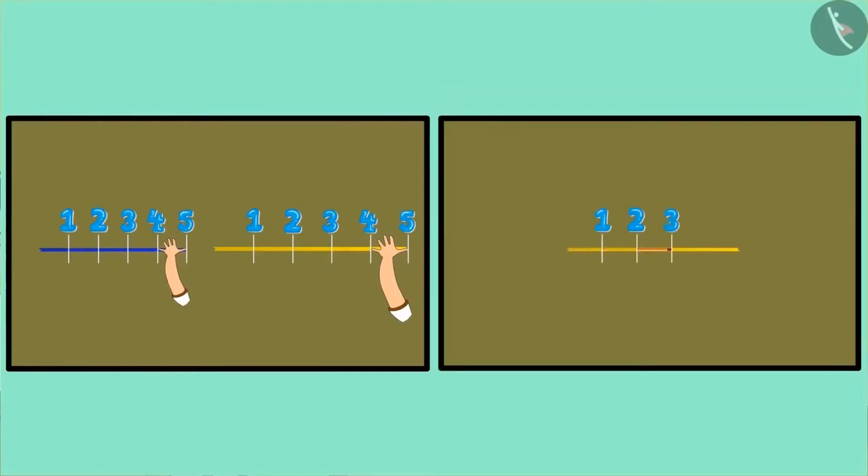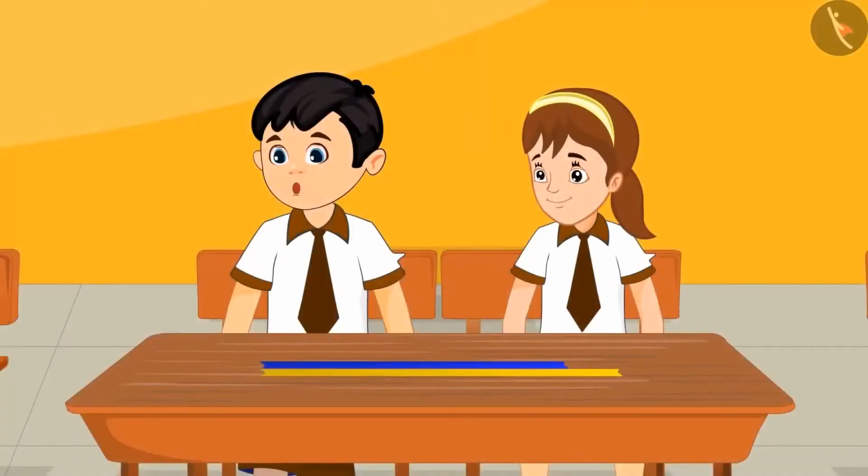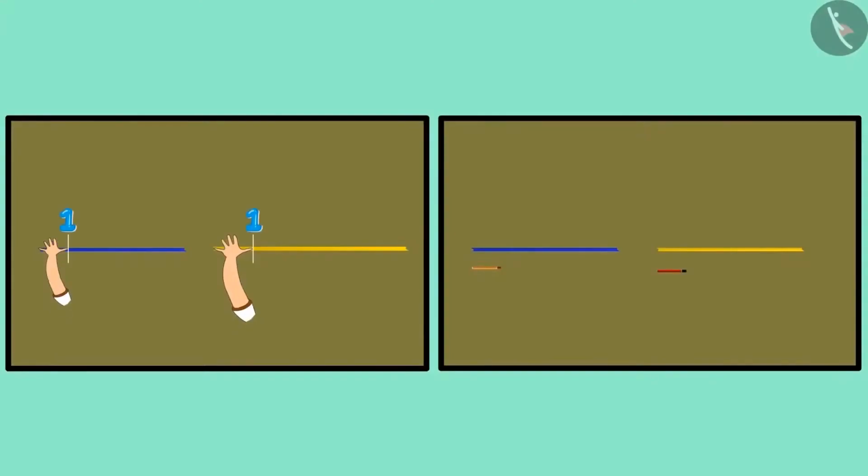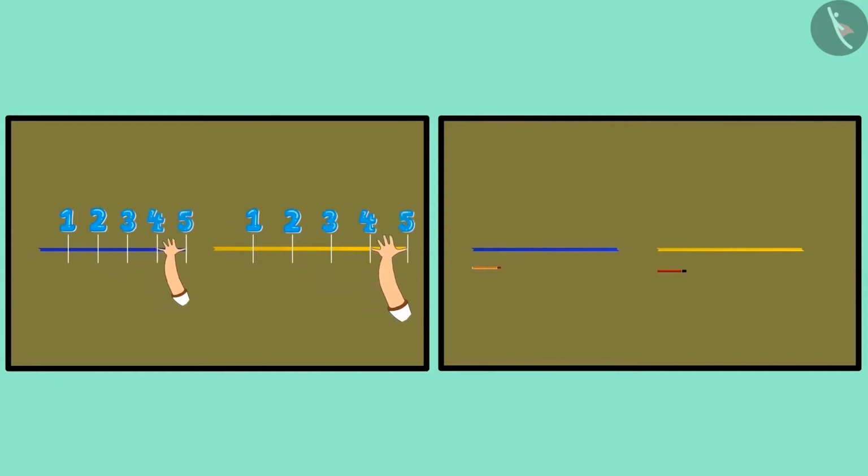If all of us measure with a new pencil, brought 5 pencil long ribbons, then the length of the ribbon would be the same because the length of the new pencil is almost the same everywhere. Oh, now I understood. So did you see children? All took a ribbon with a length of 5 handspan, but they all had different sized hands. And hence the length of the ribbons were also different. So we should measure with objects which are of the same length everywhere.